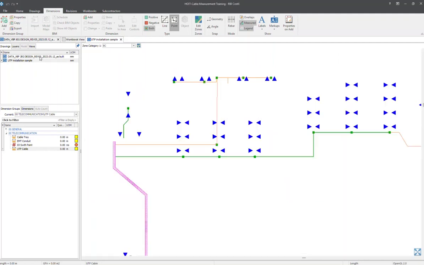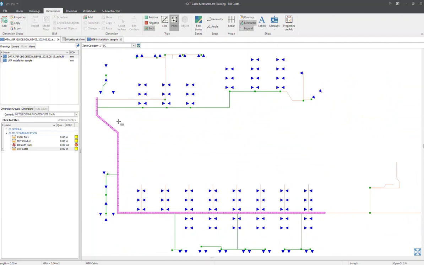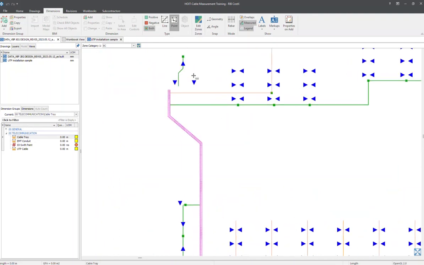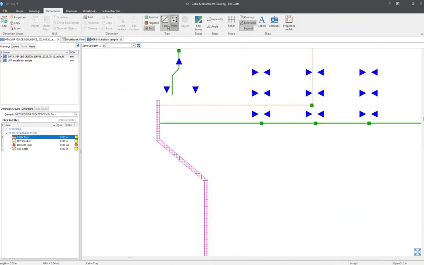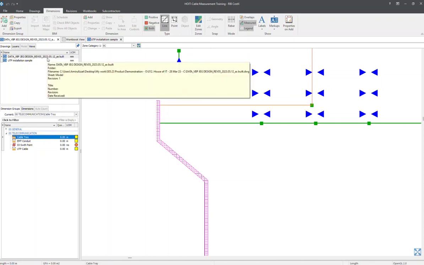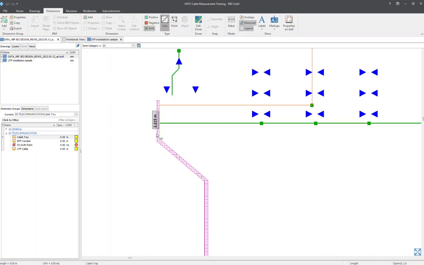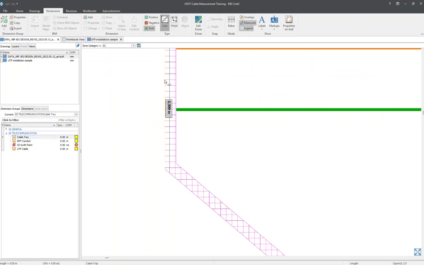Okay, let's go back to the first drawing here. Now I'm going to do the process of the cable tray, which is the pink line showing you where the cable tray is. To point it, we have 2 options, whether we want to use a line or we want to use the point. In this case, if we are using the line, it is because we are using the CAD drawing, so we have the layers available. So it is much easier for us to point directly by using the line, which is highlighting